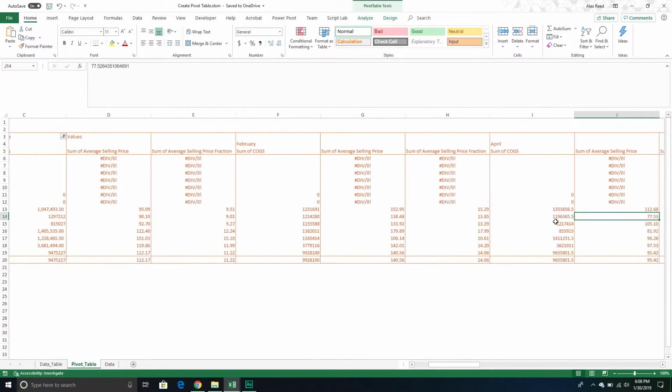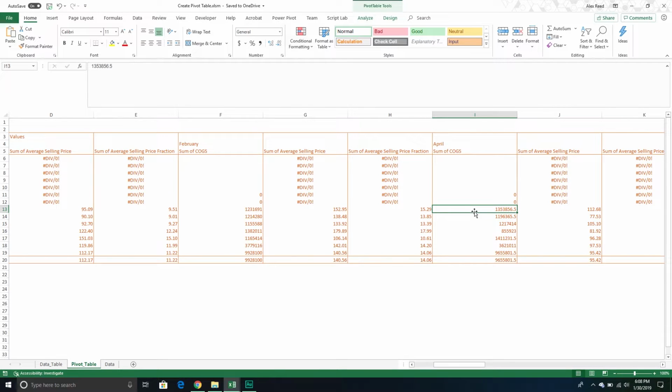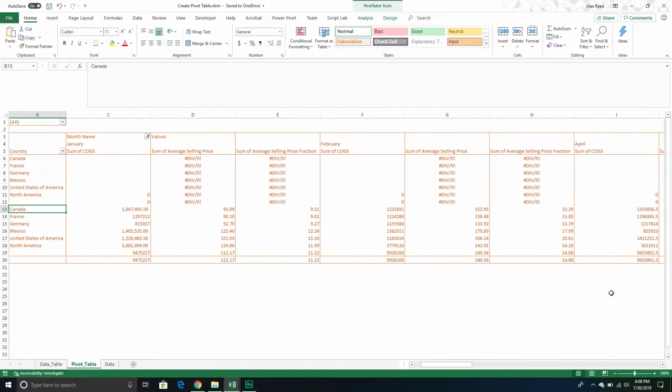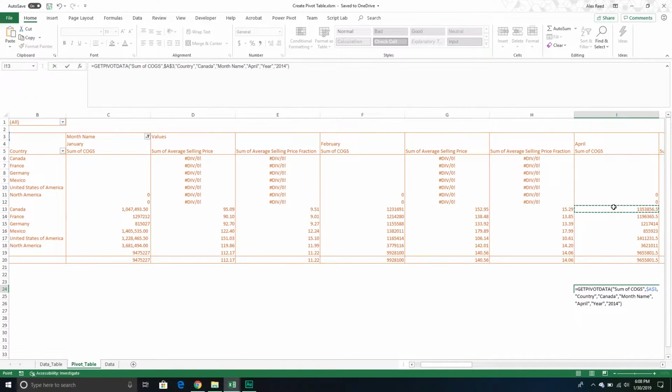So of course, all the way over here. So the sum of COGS for Canada for April. So I want to get that 1358565. Well, normally here with this one, I would just use that GetPivotData formula, and you can see